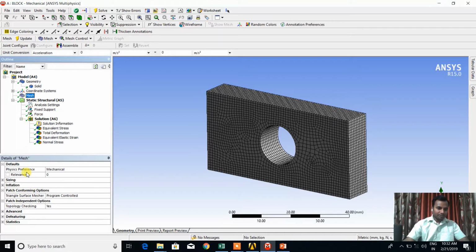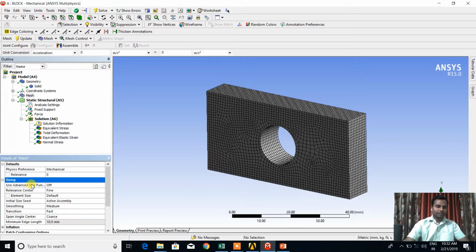Click on the mesh and check here, it shows the details of mesh, and go to the sizing. Expand that sizing and check that the relevance center is shown as fine. You can change this; three types are given here: coarse, medium and fine.